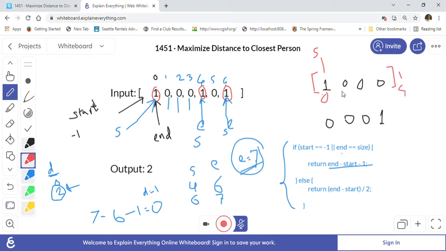So in that case, for this kind of arrangement of seats, what we will do is we will just do 4 minus 0, that means end minus start minus 1, as you are seeing here, right? So in that case it is equal to 3, right? So this is the 3 distance. If Alex sits here, then you can see the distance between Alex and the closest person, which is this one, is 3 basically. So these are the special conditions, where you don't have anything, like the right side is all empty basically.